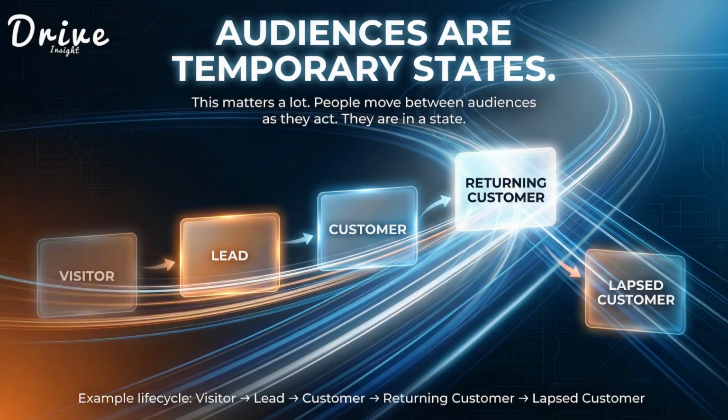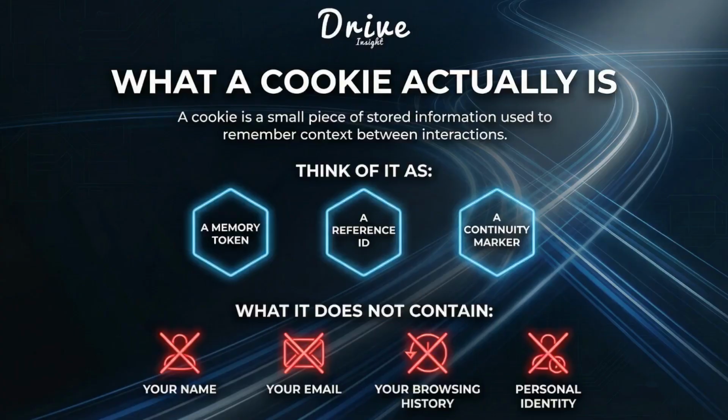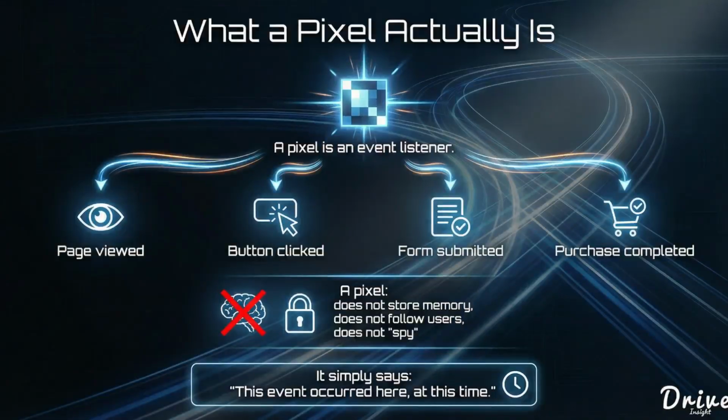It's not about watching people, it's about maintaining context over time within the audience. So when someone visits your site, that interaction creates a moment. Tracking is there to relate that moment to future moments. This is why things like cookies exist, and cookies act as memory. They help systems organize what visit today is connected to the visit yesterday. Pixels are your observers. They report a specific action, like a page view, a form submission, or a purchase, back to the platform and provide context to that session. They group actions together so behavior is understood as a sequence, not isolated clicks.